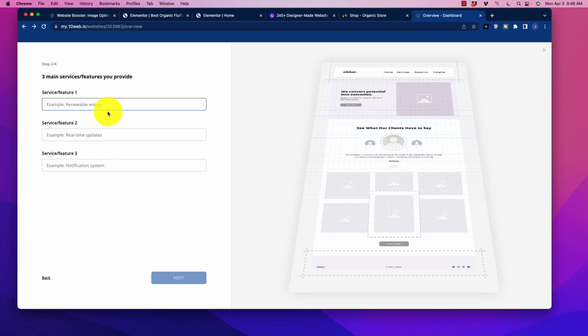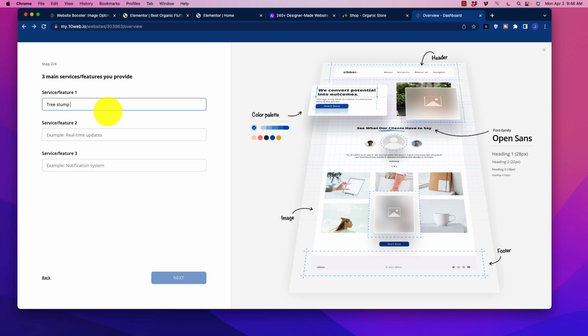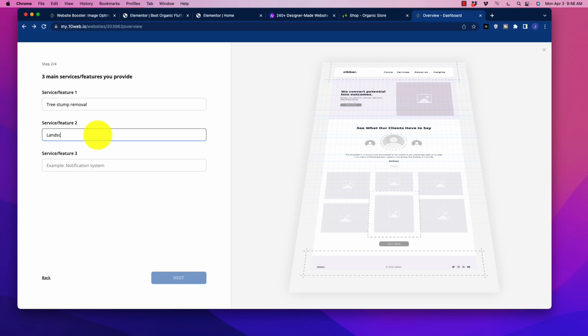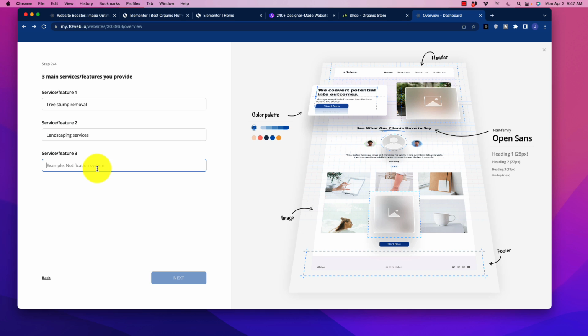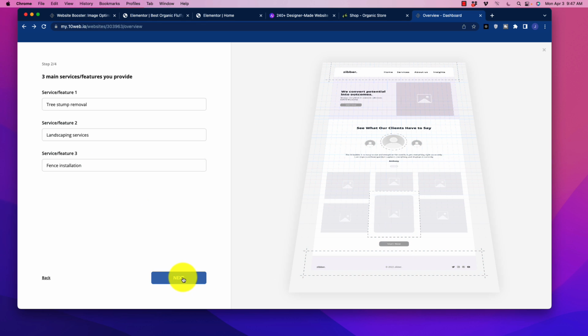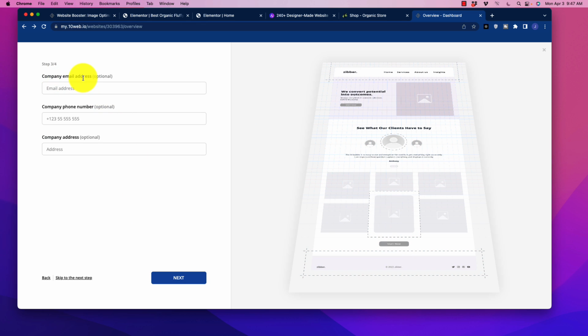Okay, so obviously we're going to do some services here. So we can go tree stump removal. We can say that we also offer landscaping services, and perhaps maybe something else that we also do with landscaping is fencing, fence installation. Okay, so then we're going to click next, and let's see, we've got some additional